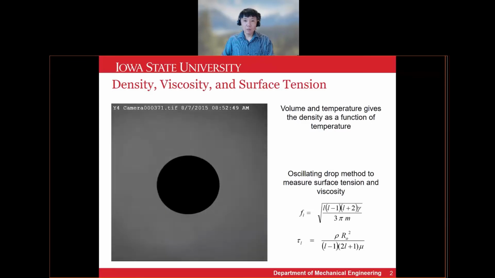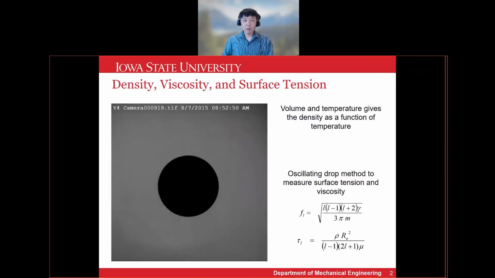After the desired temperature is reached, we turn off the laser and the sample cools down and solidifies. During this thermal cycle, we track the sample temperature by optical pyrometry and capture the silhouette of the sample using a high-speed camera. Combining the volume data calculated from the video data and the temperature gives us the density as